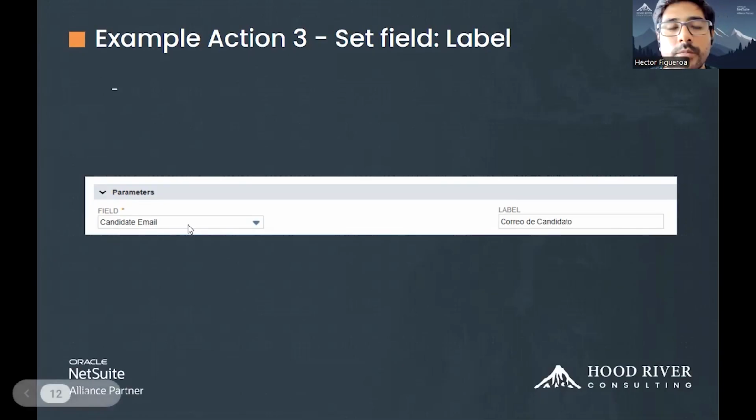This is in case two different people want to see this field with two different names. In that case, this is very useful, and you don't need to change it or create another field, but only change the name.